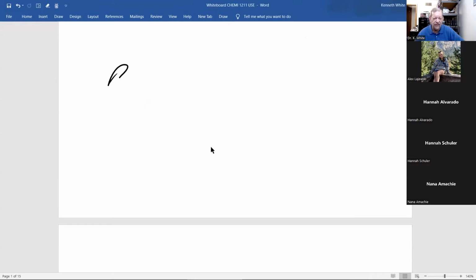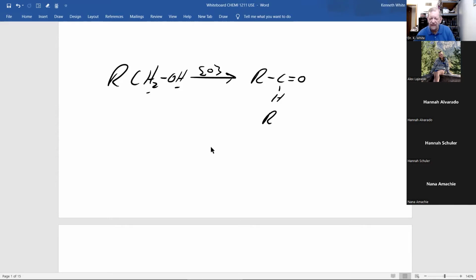Again, a primary alcohol oxidizes. You lose the hydrogen here and hydrogen there, and you form a carbon-oxygen double bond. And you can also write it this way, but this is the way carbonyl chemists write it. It's cooler, and I do. If you write it this way, I'll always mark it correct on a test, but this way is cooler.